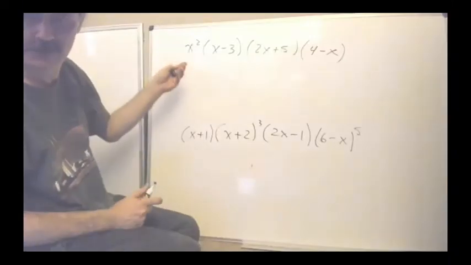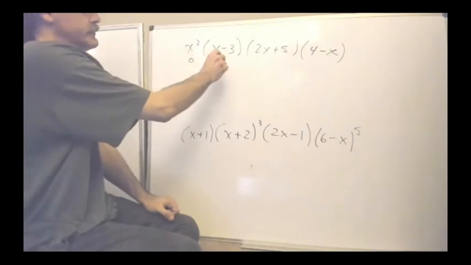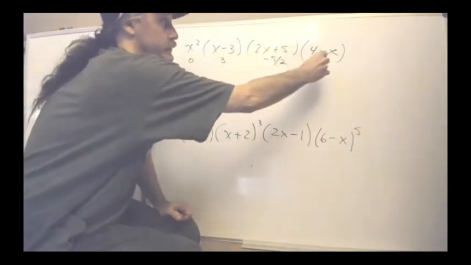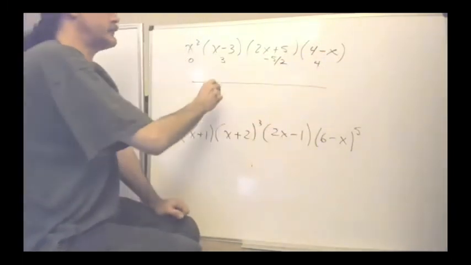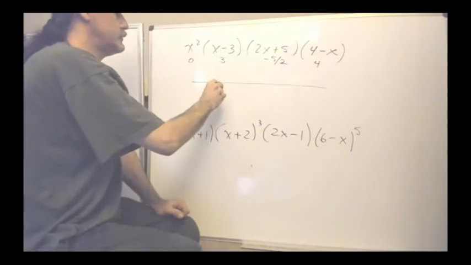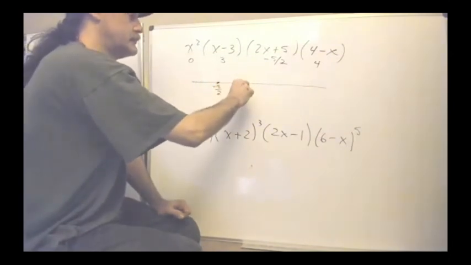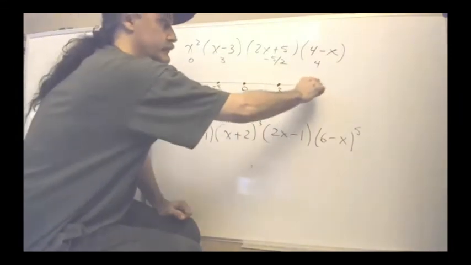All right, so let's just go ahead and get the x-intercepts. So when you put these, you're going to get 0 here, 3 there, -5/2, and 4. Okay, so we just go ahead and put those on a number line. And then I'm not going to try to be spatially correct. All right, so